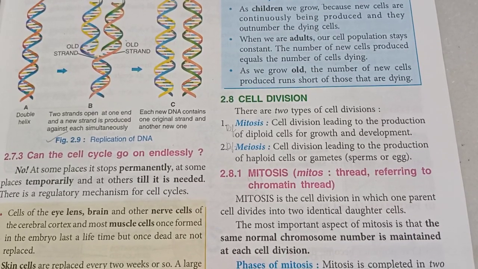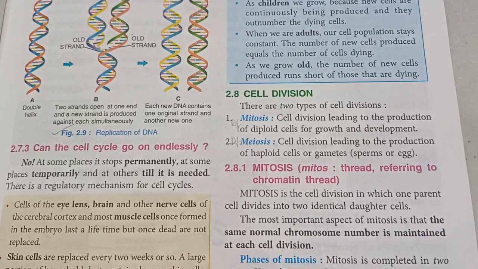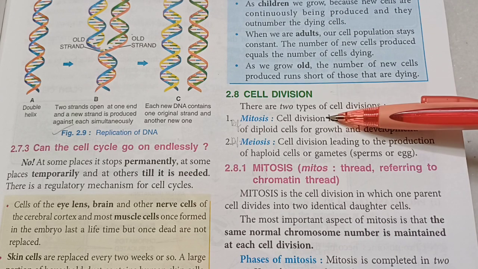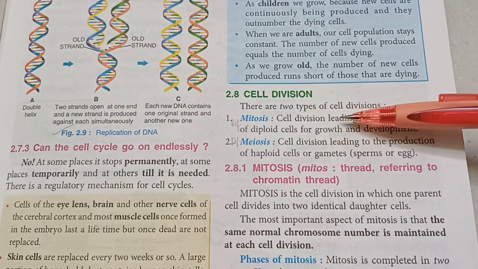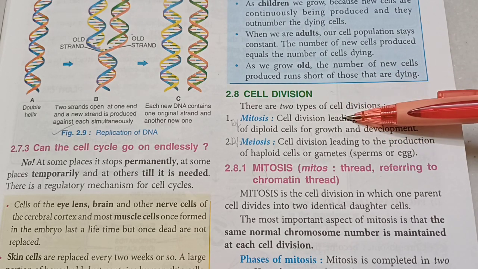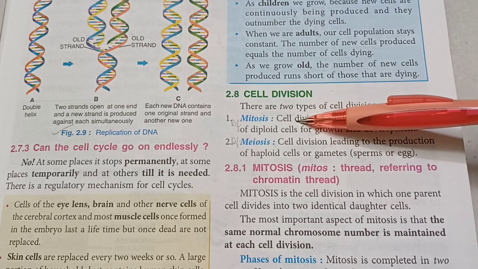ICSE Concise Biology, Chapter 2, Part 2, Section 2.8, Cell Division. Cell division is of two types, mitosis and meiosis. Mark the two definitions. In mitosis, the parent cell divides to produce two daughter cells which are diploid, meaning they